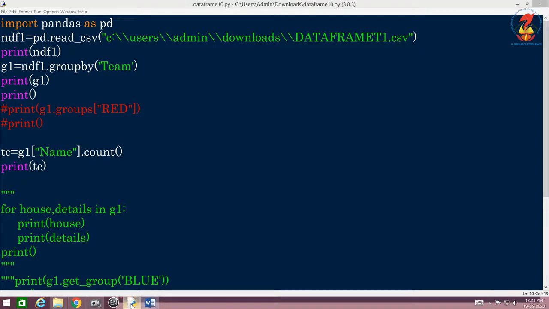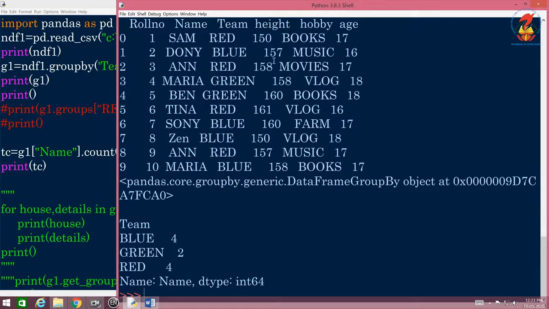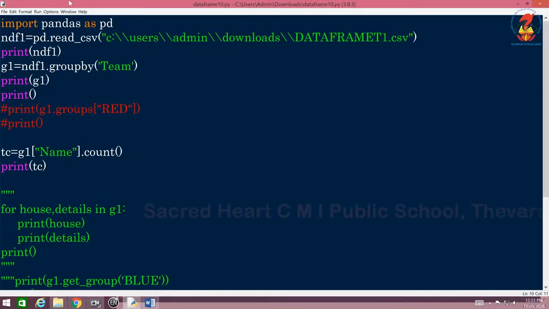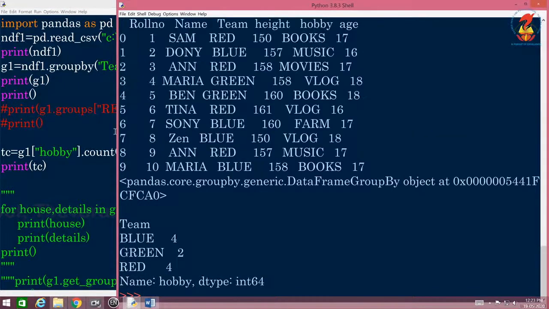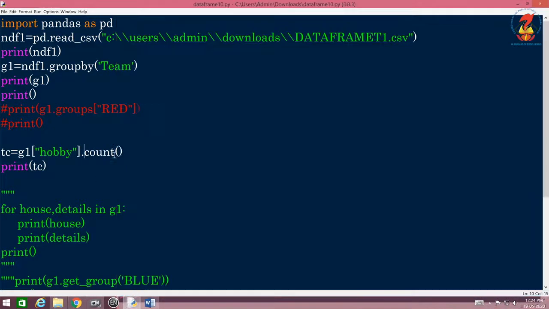For example, you have height here, you have age here, and for height the same answer will come, isn't it? Or let's say for example hobby is there. So under each one I am going to change to hobby. Now hobby is in small letter, that is why I showed you earlier, I have to give hobby here in small letter only, otherwise an error will come. So you can try it out. See? The answer came for hobby, the same answer.